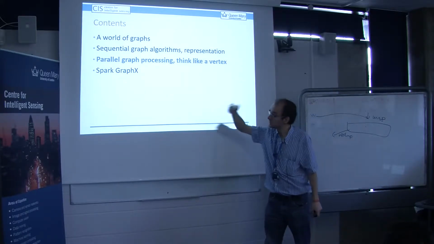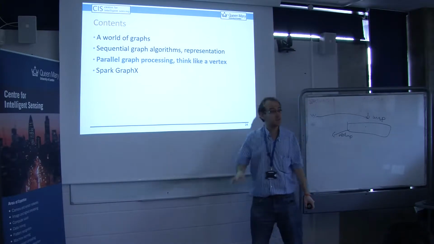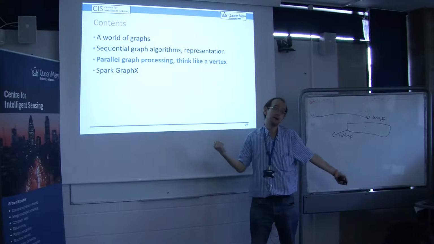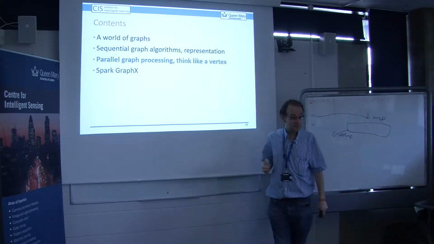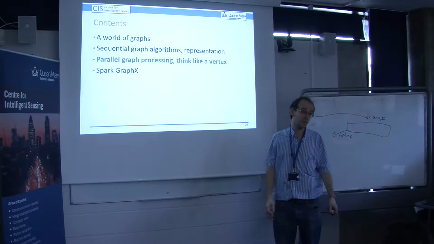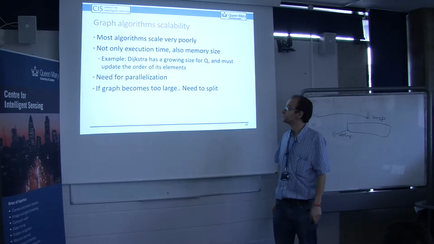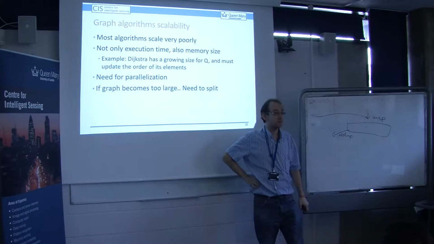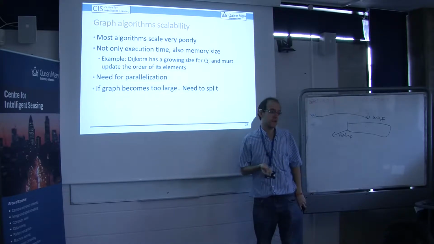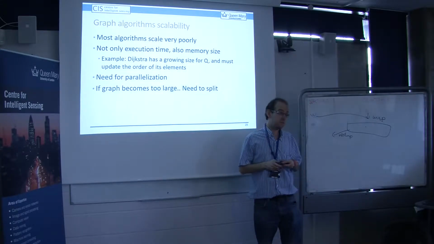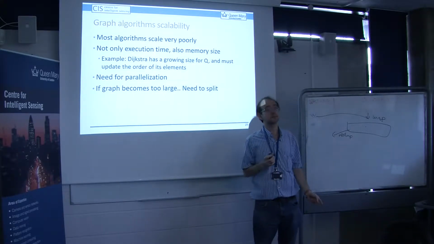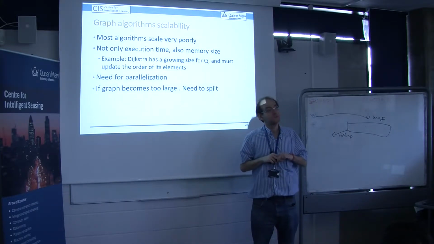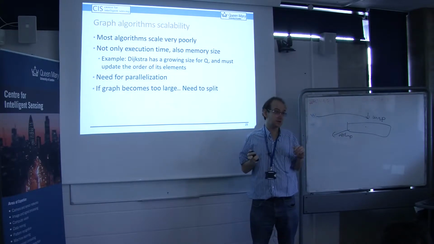What we are going to do now finally is to start thinking about what happens when, again, our graphs become larger and larger and the standard sequential way of solving our problems does not really fit anymore. And that's sadly a common factor for almost every type of graph algorithm. There are very few algorithms that are actually linear in graphs. Even something like Dijkstra, which tends to be very efficient, does really struggle when